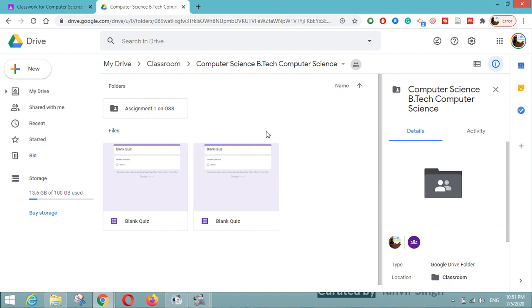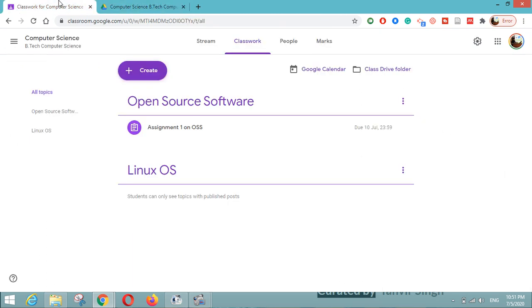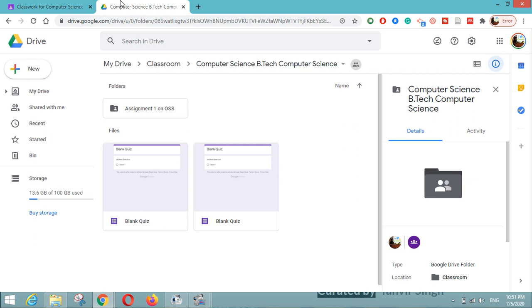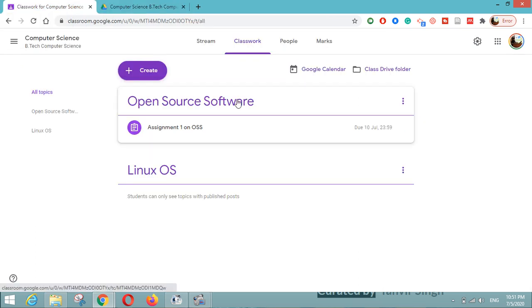So it makes it much easier for an educator to access all the assignments received from the students, even in Google Classroom under your Classwork, under the topics which you have created. In a similar way you can access your Google Drive and see all the assignments submitted by the students. This is a very simple thing given by Google Classroom, that in two places you can access assignments from students.